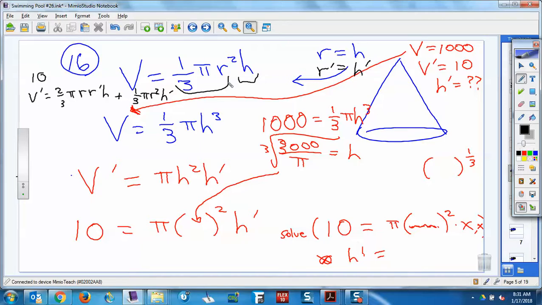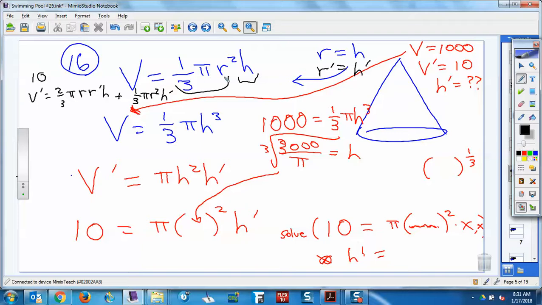Okay, or maybe you're just stubborn and you don't want to do that at all. Well, then you start saying, well, I need to put something in for R, I need to put something in for H. Oh, I could put 1,000 in here. But then the problem becomes, how do you solve for both R and H right here? You know, if this is 1,000, so at some point along the way, you're going to have to